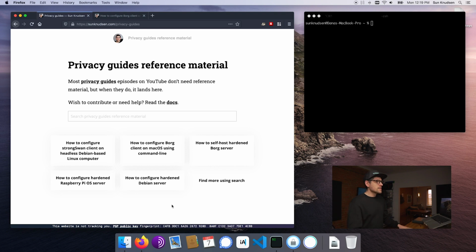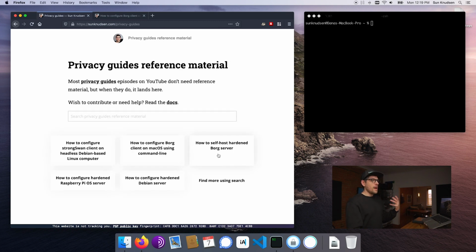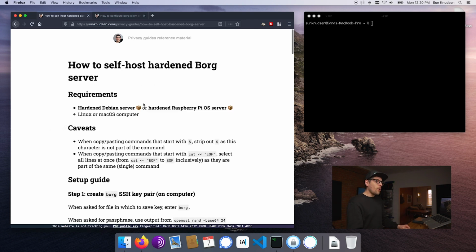So I was left thinking about how I could structure this information, and I'll kind of show you what I mean here. So say we have this episode here on how to configure a hardened Debian server. That is a prerequisite to self-hosting our own Borg server. So say I have this follow-up episode on how to self-host a hardened Borg server. Well, it now has in the requirements something that I've labeled with a little package, building blocks that you guys need to follow first. And so now the reference material is becoming building blocks that we can use to build more elaborate strategies,